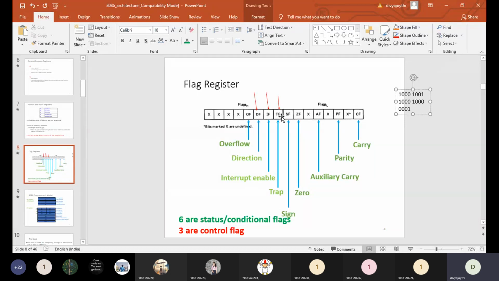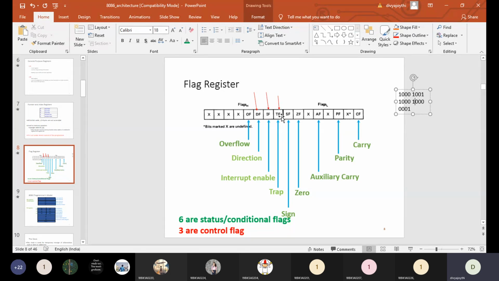And next is the trap flag. As I told you, the trap flag, interrupt flag and direction flag, these three are the controlling flags. If TF is equal to 1, that indicates that you are executing your program step by step.